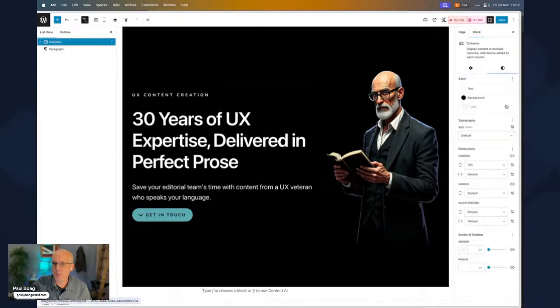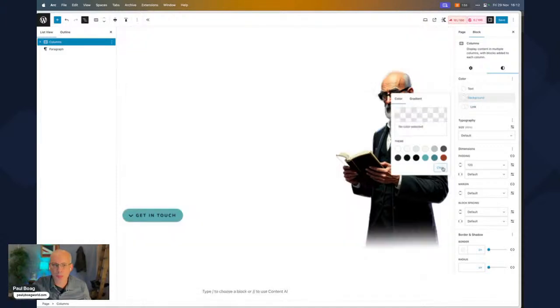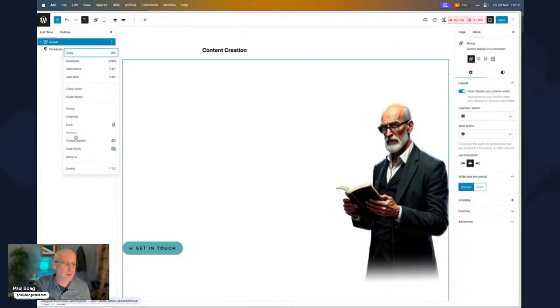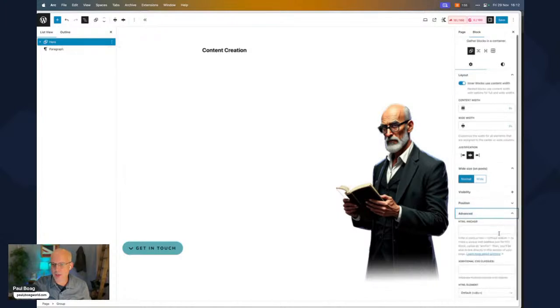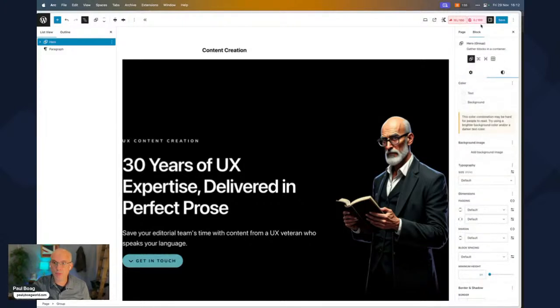I set the columns to go the full width, because that's where I want the background to go full width. But actually, I don't. I want the columns to be the maximum width I have on my site. So what I'm going to do is group these, and we're going to call that group hero, and then we're going to make it a header section. And for some reason, it's already done the background, but that saves me some work, so that's good.